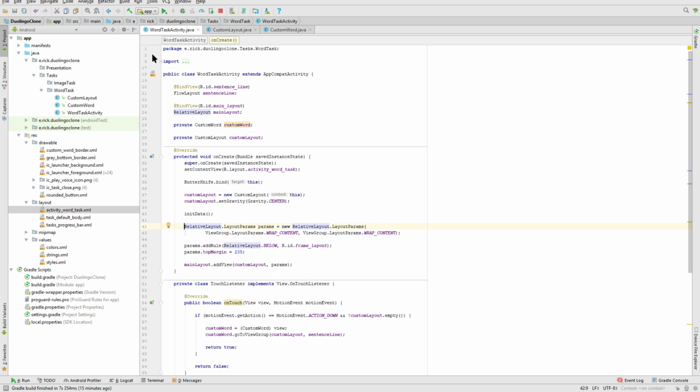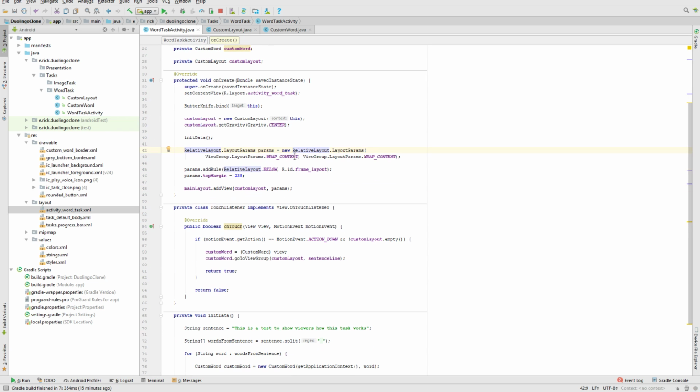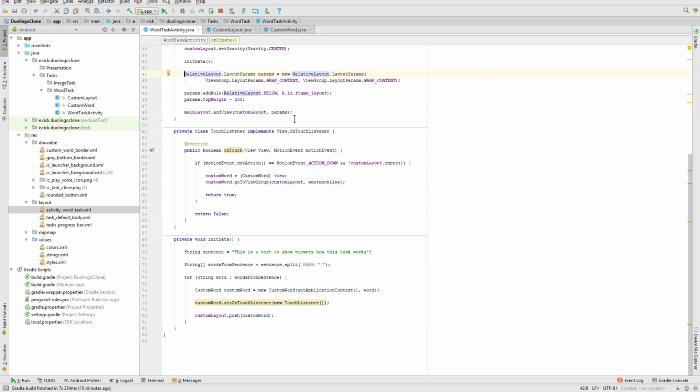Going to my activity, that's my main activity for this task. I called it word task activity. Here I have some default stuff. I have my data being initialized here. I have this sentence stored in a string variable, and I split it between the empty spaces, which gives me words. For each word, I create a new object with that string,